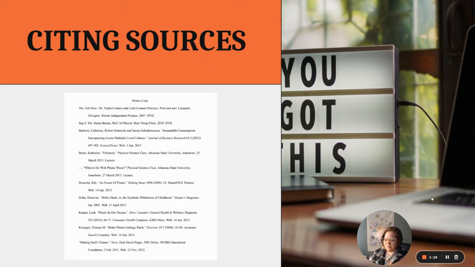When you are using sources, it's not just about collecting them and then shoving them into your writing. You have to keep in mind that using sources in writing is about engaging with them and using them to develop and support your ideas and expand upon them. You can also extend the work of others and advance your own ideas with clarity, authority, and persuasiveness. Ethos is the key here with sources in your writing. You are doing this for ethos, using that credibility. Using sources helps you have more authority by informing and supporting your ideas as well.